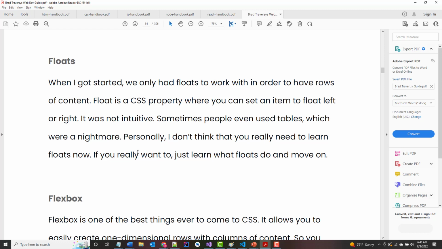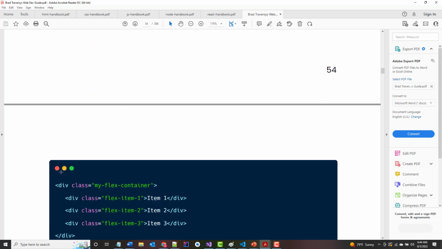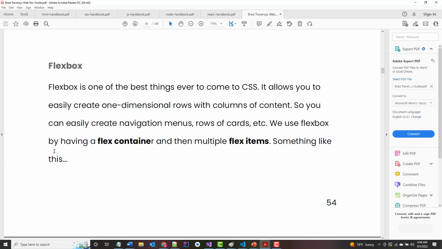Personally, as he says, I don't think you really need to learn floats now. I don't really agree with that, and the reason for that is if you are going to be working on a website where you are going to be doing work maintaining the site, they may have floats in there. And a lot of times, because floats have pretty much been replaced by Flexbox and by CSS Grid,